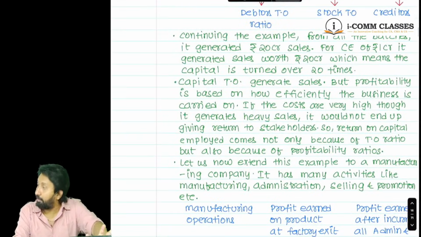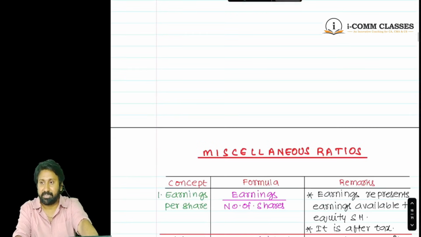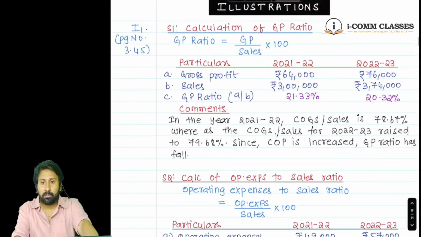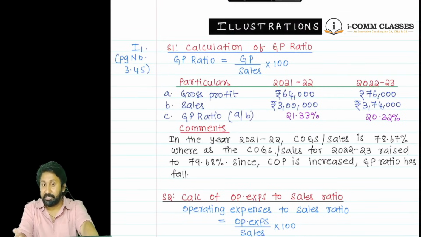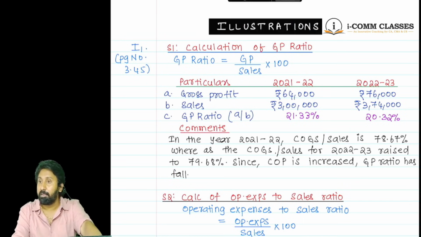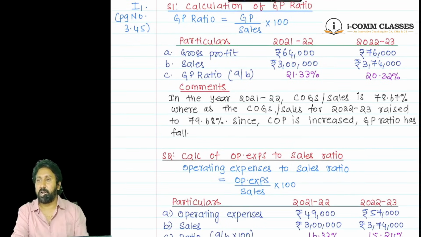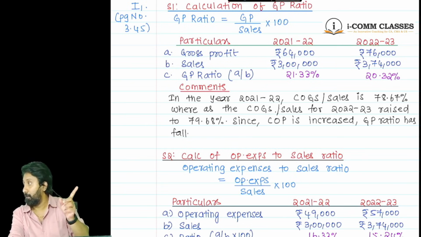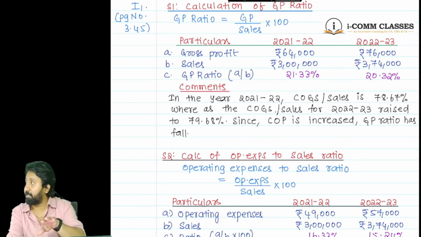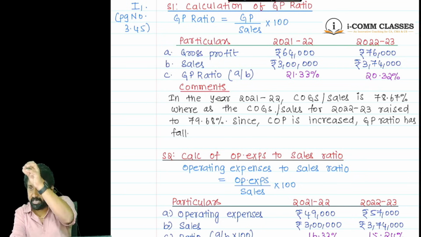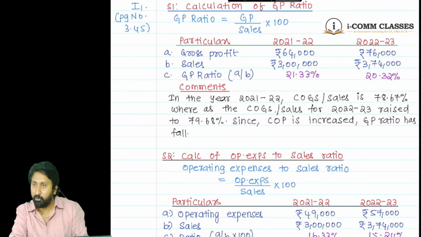This much of theory I have already written, so you need not write all these things in the class, because I will share this with you. You can see the same again. Illustrations, left-hand side, what is it? Illustration 1, page number I have given. Chapter 3. There are two kinds of problems in the study material: illustration questions and practical problems. We will do illustrations and practical problems in class. That means we will do both. That's why I said 100% study material we will cover in the class itself. Proof? See the screen.